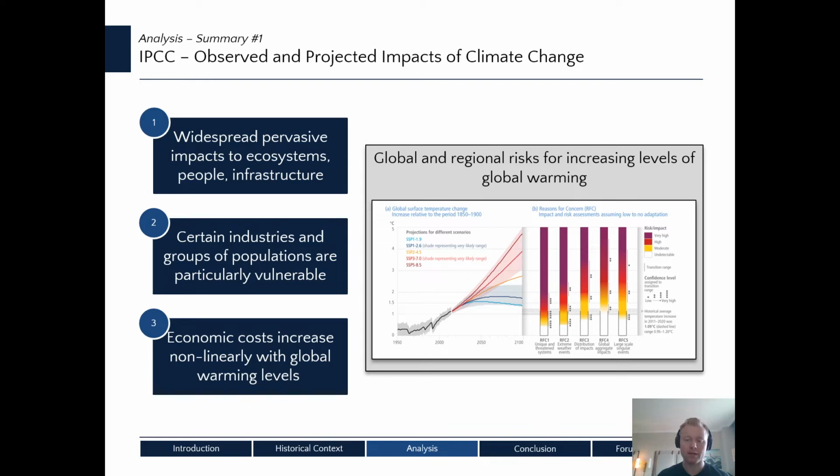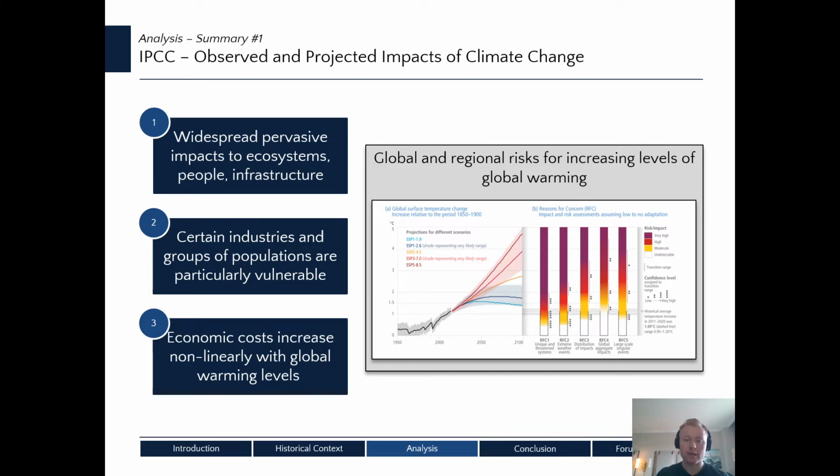So the first main summary that the IPCC represents is the observed and projected impacts of climate change. Now, widespread, pervasive impacts to ecosystems, people, settlements, and infrastructure have resulted from our human-induced impact on climate through the increased intensity and frequency of extreme weather events on both the land and in the ocean. Some examples of the impacts of climate change are heavy precipitation, tropical cyclones, drought, drought-related tree mortality, wildfires, heat-related mortality, coral bleaching, food and water insecurity, reduced productivity outputs, greater socioeconomic inequalities, greater vector-borne diseases, and reduced physical and mental